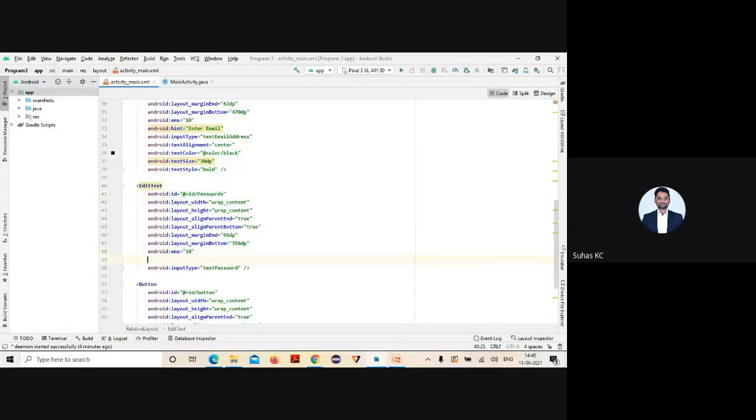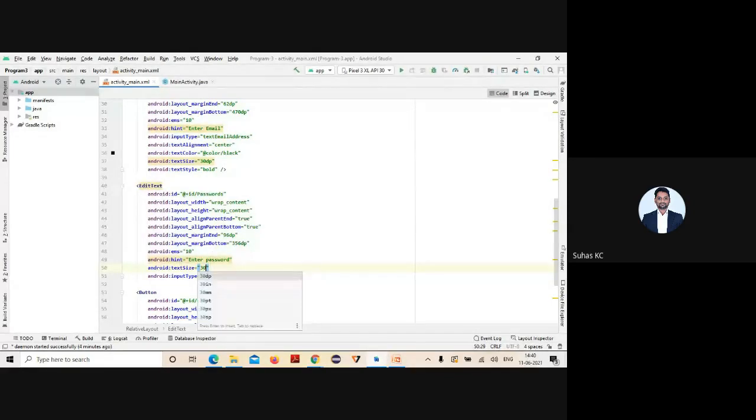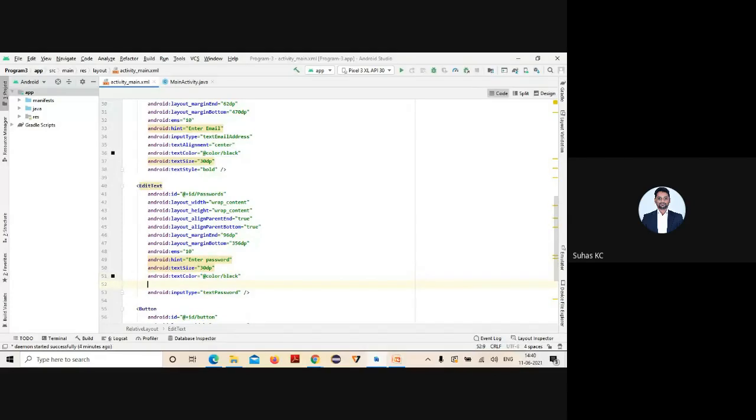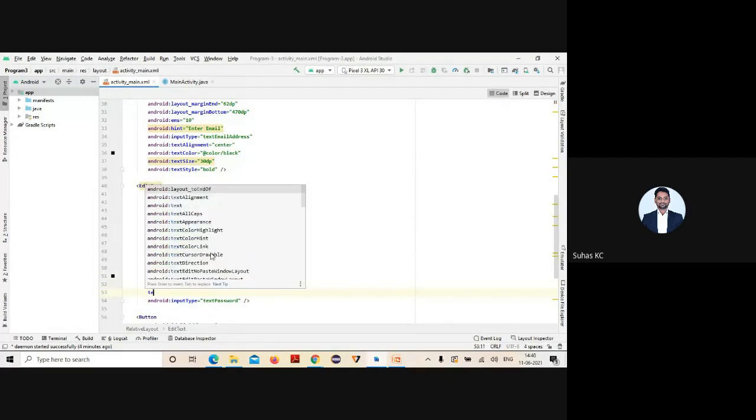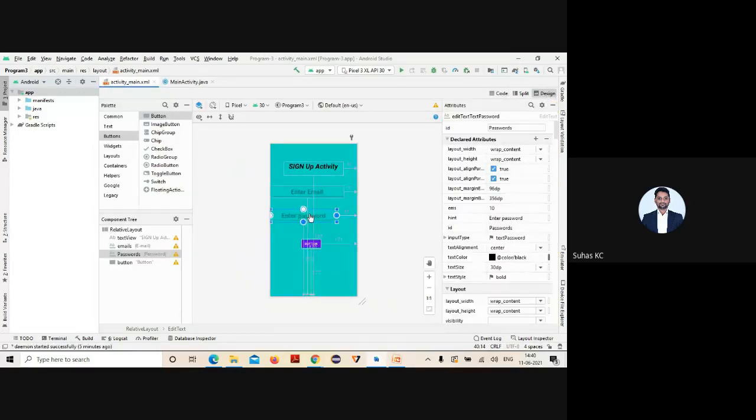And next you can change the hint. Just give a type and it will come. So enter password. Enter password. And if you want to increase the size, type SI and put it. So you will get something like 30 dp. Okay. And you want to change the color, text color, something like black I have given. And style, if you want to make it bold, you can. And text alignment you'll get. So just make it center. So whatever I've done, you can just see on your screen.